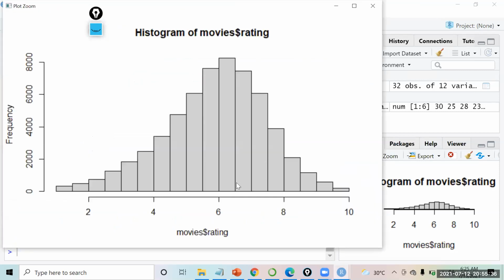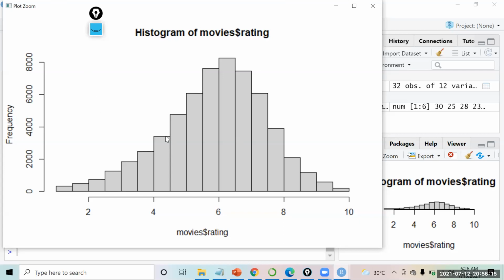It is telling me that most of the movies had a rating somewhere around 6. A histogram is something that we use to see the frequency distribution. It automatically creates bins for us. I can see that we have somewhere around 0.5, 20 bars in this. So it has created a bin size of somewhere around 0.5: 0.0 to 0.5, 0.5 to 1, 1 to 1.5. That way it has created.